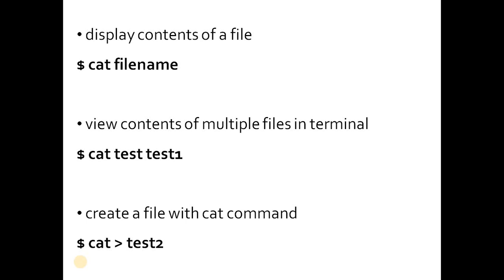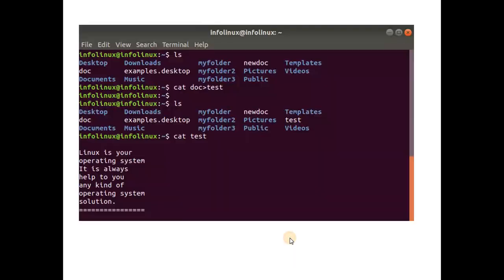We can see the contents of the file later by using the same cat command. So when you want to create a new file, type this with the new file name. The cursor will keep on blinking and wait for your input. Type whatever you want to type, and when you want to come out of it, press Ctrl D. Your file will get saved. In this case you can see I have used cat and test. The contents of the file will get displayed.